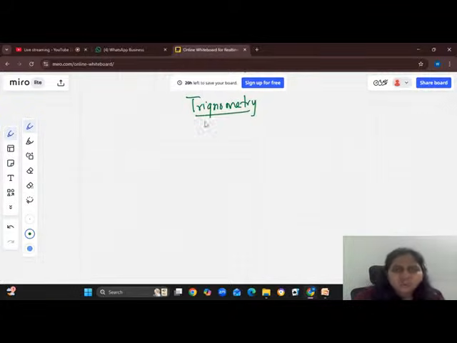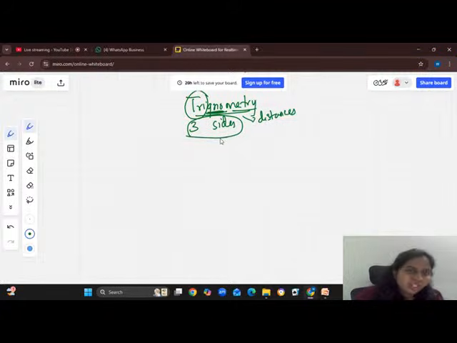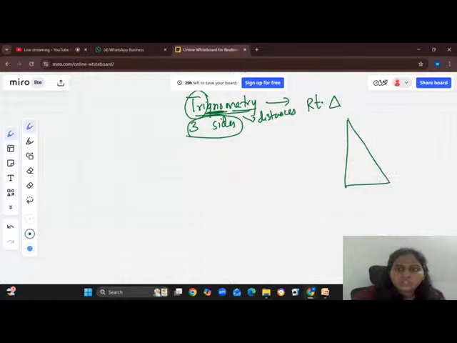Trigonometry is all derived from tri. You know what tri means? Number 3. Gono means sides and metri means measure. It shows you the distance. We are going to solve 3 sides. You all know a polygon with 3 sides is a triangle. In trigonometry, we are going to study only the right angle triangle, ABC, with 90 degrees.